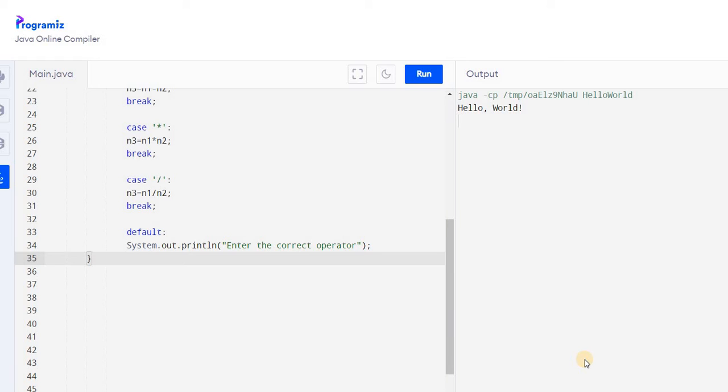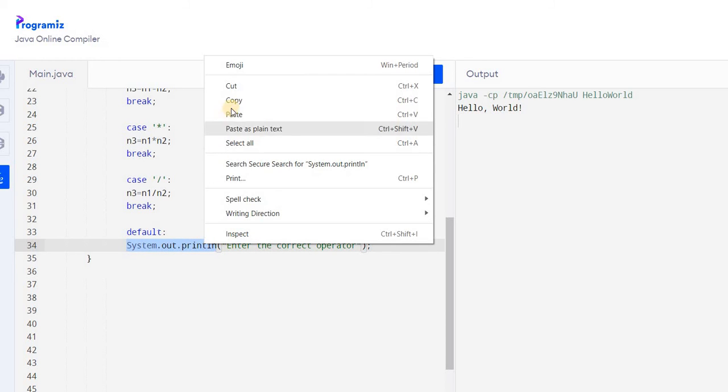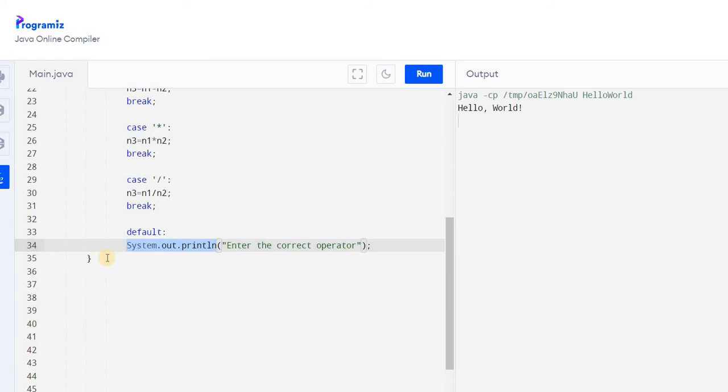Now we are going to display. So how will we be displaying it? You will be displaying the first operand, then the operator, followed by the second operand, followed by the result.